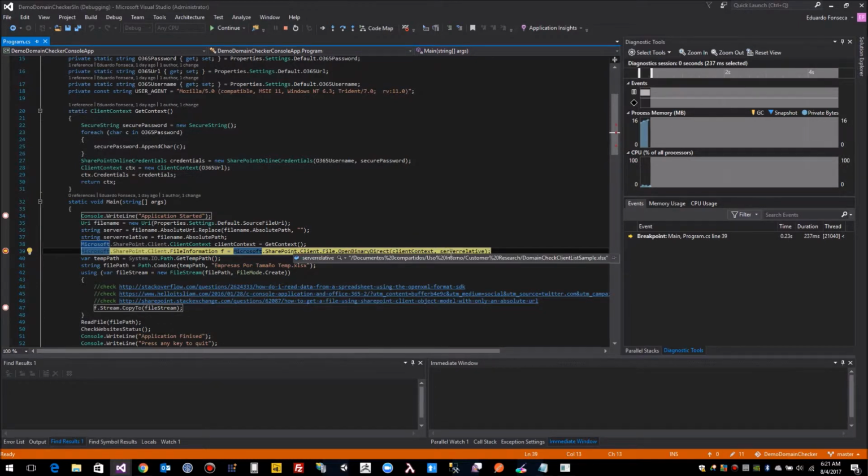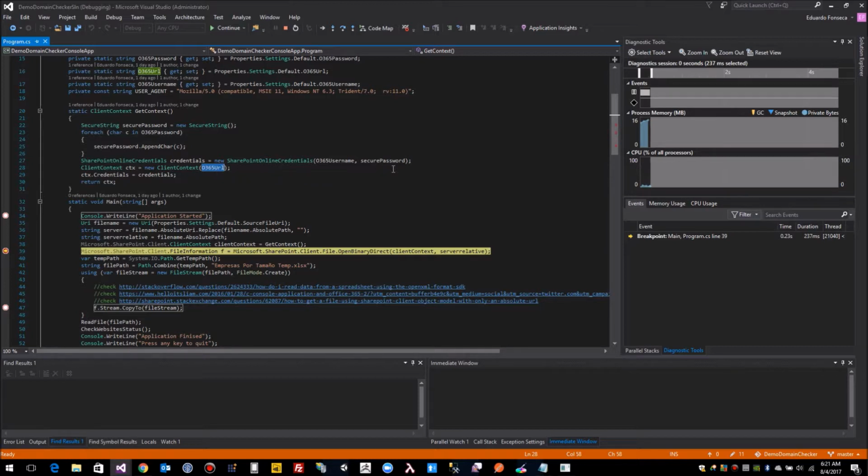Here we send the server relative path because the ClientContext already has the information on the base path where it is going to connect, since the ClientContext actually retrieves the URL for the SharePoint Online